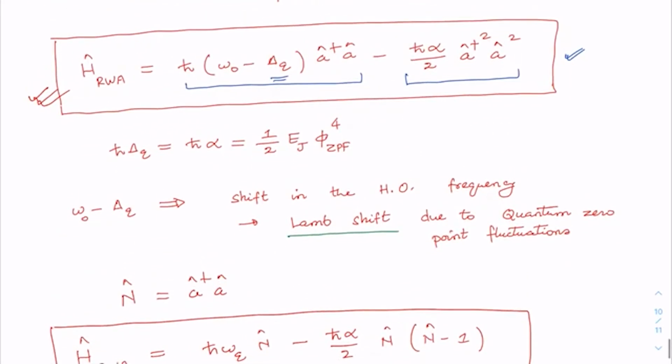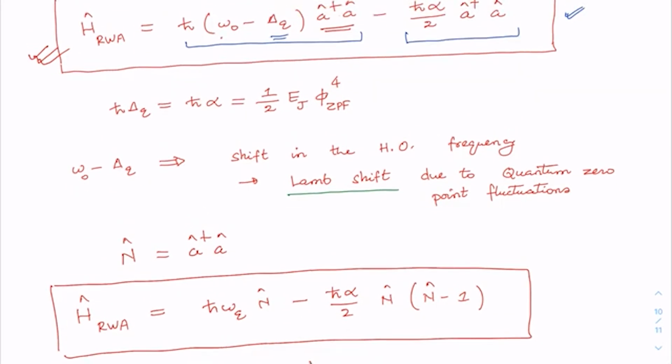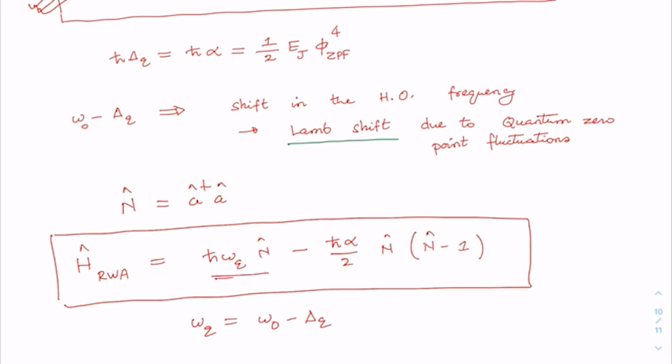The first term is obvious because simply a dagger a is nothing but the number operator, and omega 0 minus delta q is omega q. Now as regards the second term, by the way, the first term denotes the number of Fock state. This term basically denotes the number of Fock state we have, and it is the linear part of the total